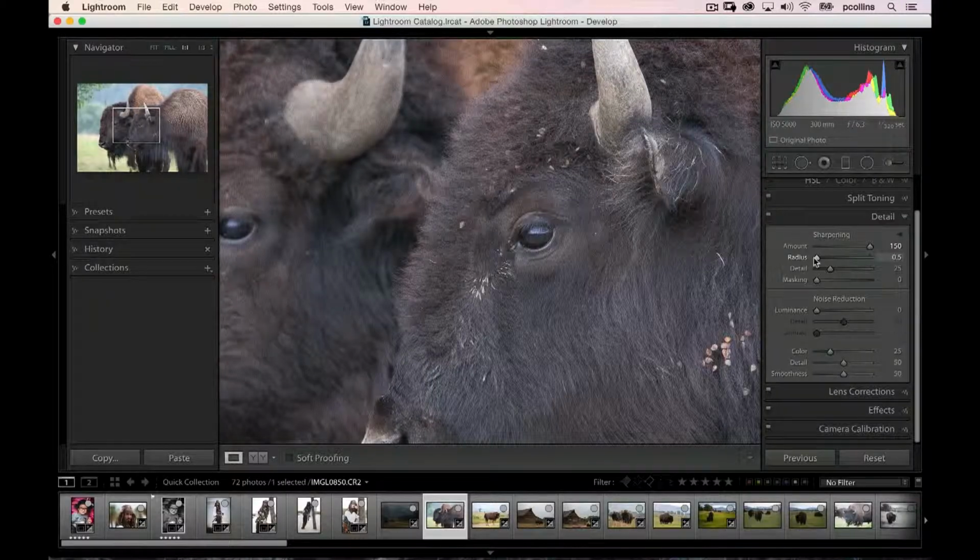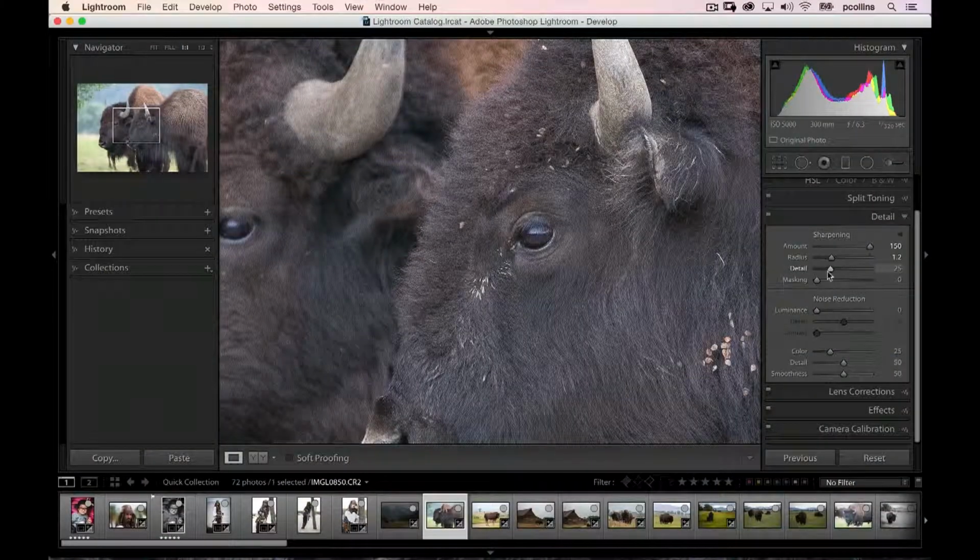And what radius says is, all right, I'm looking for the difference in contrast and the lines and everything, and I'm going to sharpen up those areas by bumping up the contrast. You decide by radius how far out I go from those lines and affect change on those lines. And so the higher the radius, the more effect that it's going to have spreading out. And you'll notice that it goes from half a pixel all the way out to 3. So it's not huge, but usually a good place to keep around is about 1.2, somewhere around there.